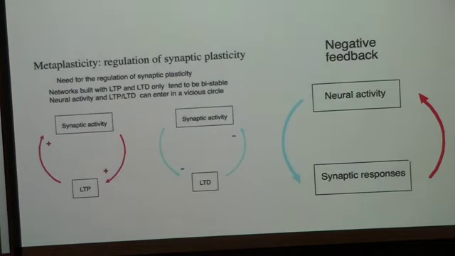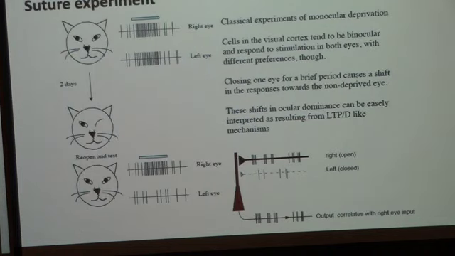So the other thing about plasticity is metaplasticity, which means that not only does this LTP and LTD thing work, but also your neural system, your brain itself, will try to regulate your plasticity. The most important experiment here is the Saucher experiment, which involves binocular vision. When you present a certain stimulus to this cat, the neurons in both eyes will